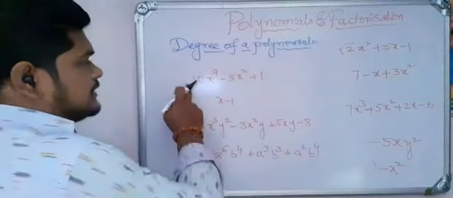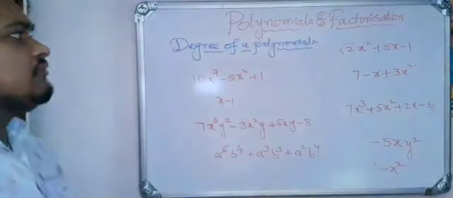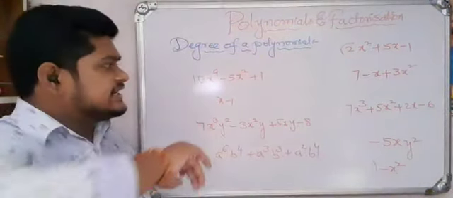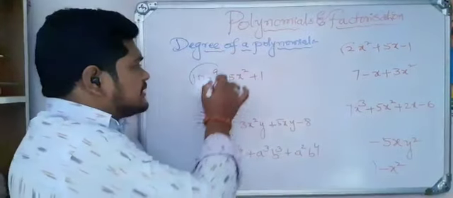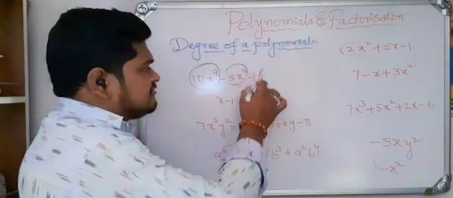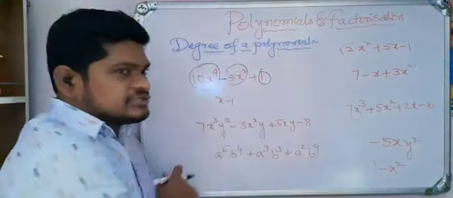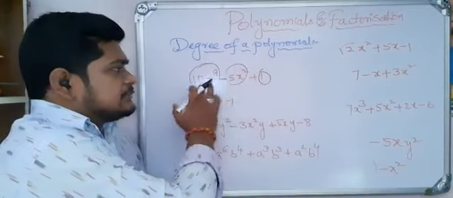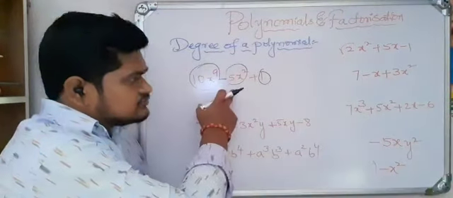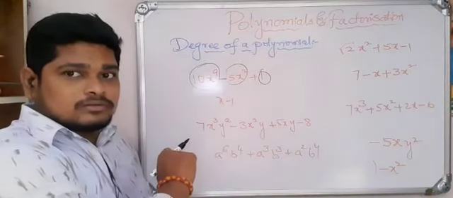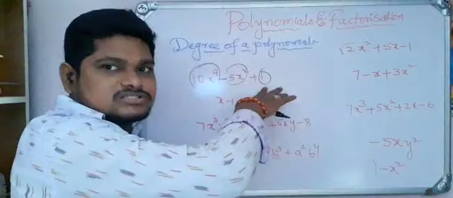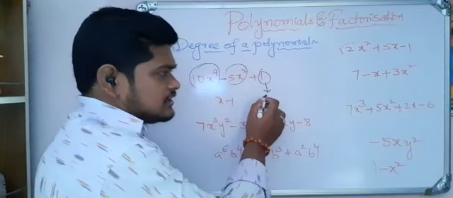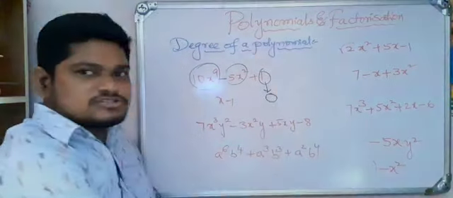And let us see some examples for degree of a polynomial. It is different types of polynomials. For that, how we can find the degree of a polynomial? See, it is a combination of monomials: it is one monomial, one monomial, one monomial. Why? Because it is a separation between these two. If we have minus symbol between that, it is separated into two monomials. Already you told this is a constant. So, what is the degree? This degree must be equal to constant polynomial degree. Already told degree must be equal to 0.